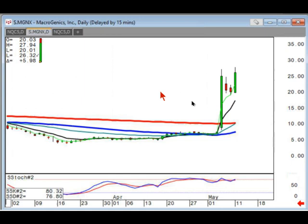If you're buying puts, the price still has to move down far enough to cover the cost of what you put into buying the puts. So it has to go down that far to cover your cost and then go further. If you're selling the calls at a price, and let's say you're putting $1.80 in your pocket, the price of the stock may not even have to go down anymore, or